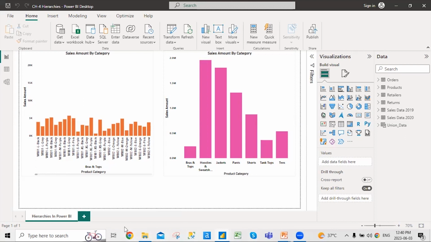So a date hierarchy or a geographical hierarchy, or any type of hierarchy which you create, will help you to drill down through your data. Now, how does that basically happen? Let's say